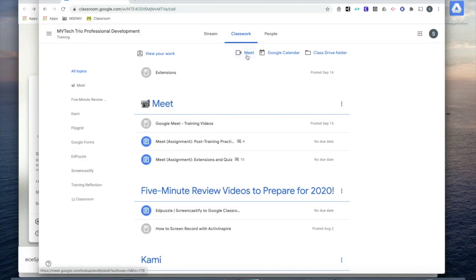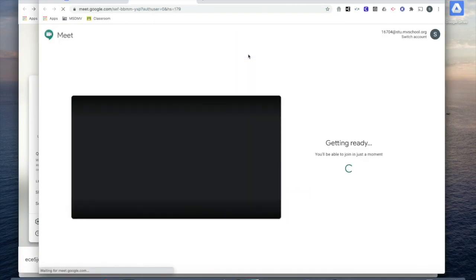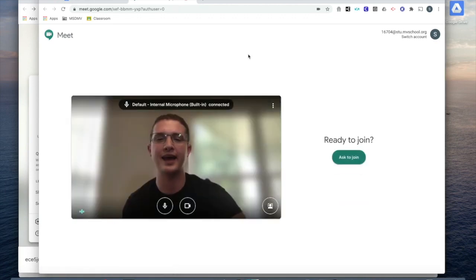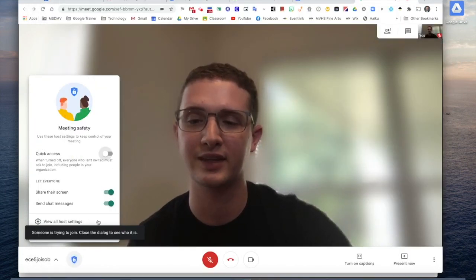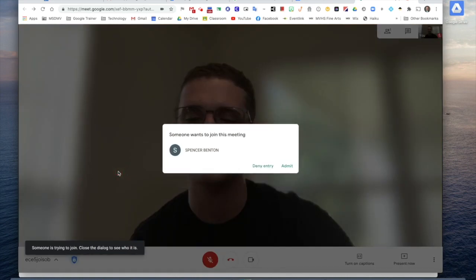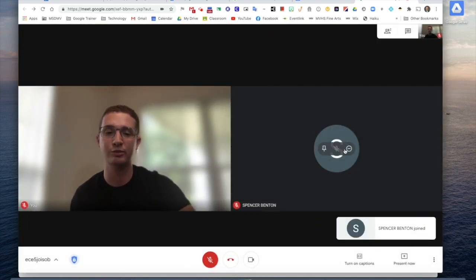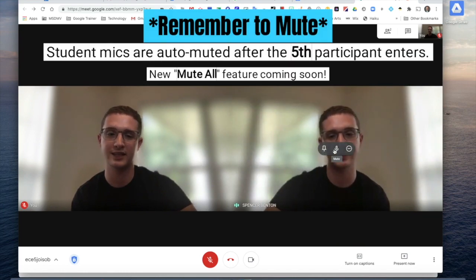So the student will click on Google Meet. And now their button says Ask to Join. When a student clicks the green Ask to Join button, the teacher is notified that someone needs in. And as a teacher, now I can admit or deny entry to that student. I will see a toggle button for every single student that tries to join. If they forgot to turn their mic off, remember that you can mute